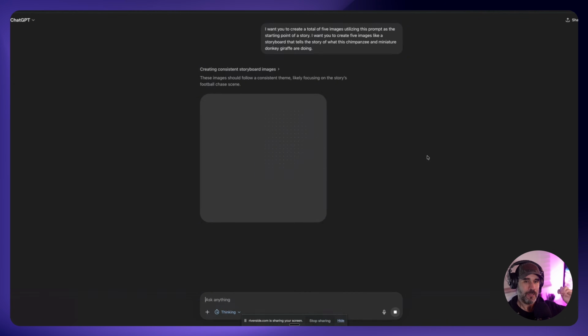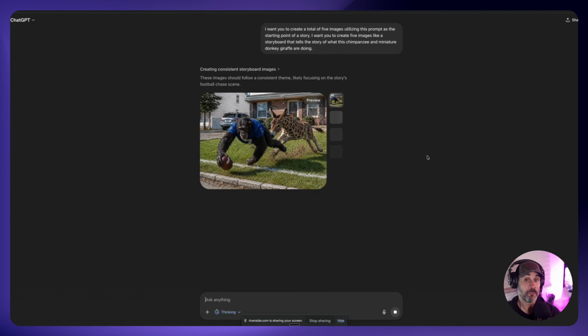And again, the prompt that I said isn't anything crazy. It's essentially that you want to create a storyboard with however many images. Now it can create up to 8. There's been some testing where images 7 and 8 start to drift a little bit. So the 6th image is usually one of the best images before it starts to drift a little bit.